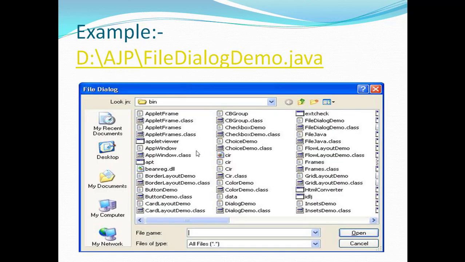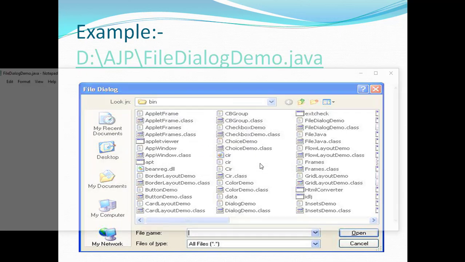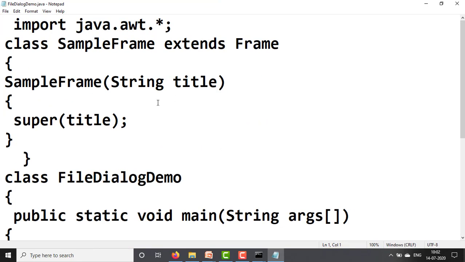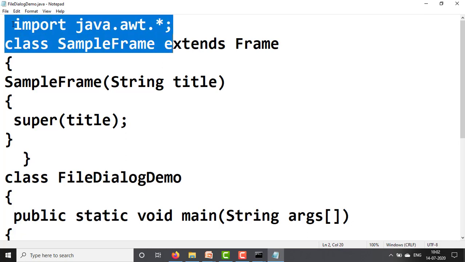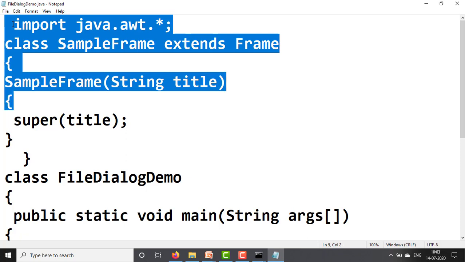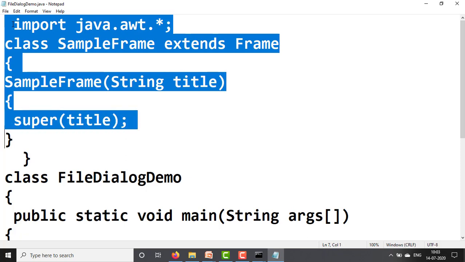The output for this opens a window for the dialog. See the example for this, FileDialogDemo. You have studied the example: import java.awt.*; class SampleFrame extends Frame, constructor SampleFrame(String title), super(title), close the class.